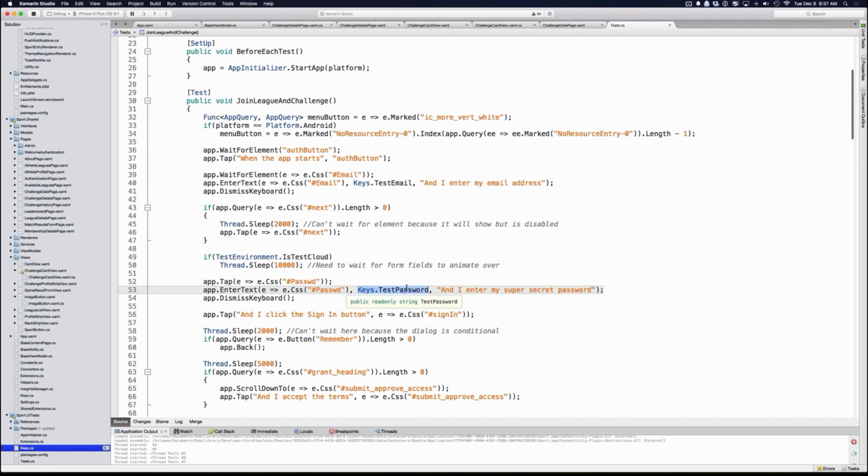What I would say is just create a normal Gmail account. Create a test user account and log in with that. It doesn't have to be any specific user. You can change these tests up. This test just goes in, goes through pretty much all the pages. It doesn't actually send off a challenge. It gets to the point where it's choosing a date to send off a challenge, but doesn't actually facilitate that flow